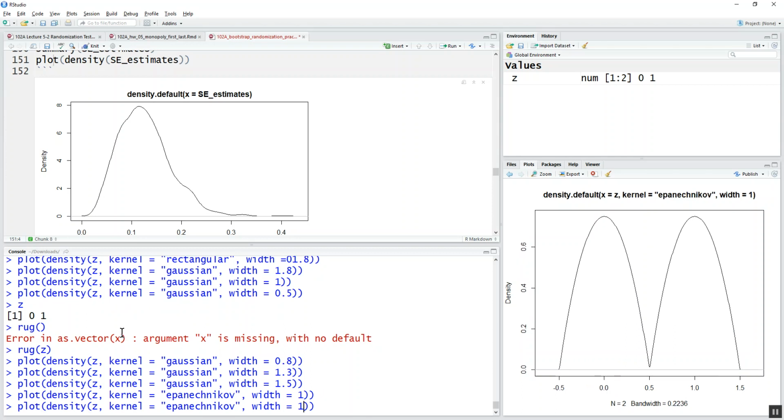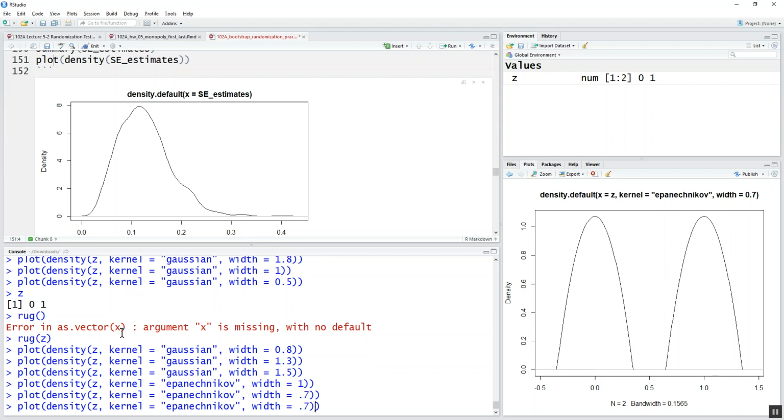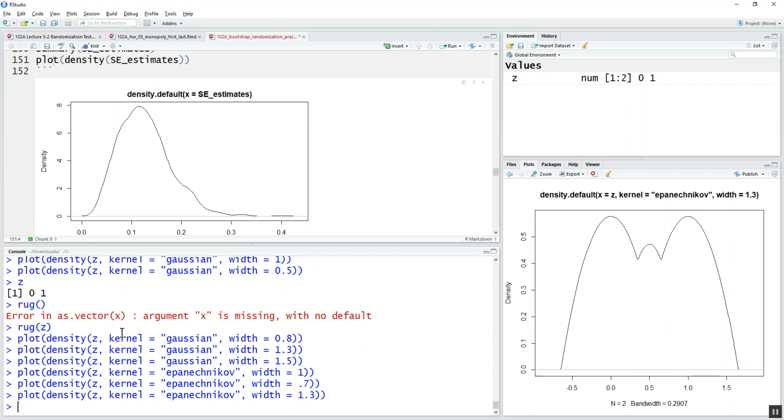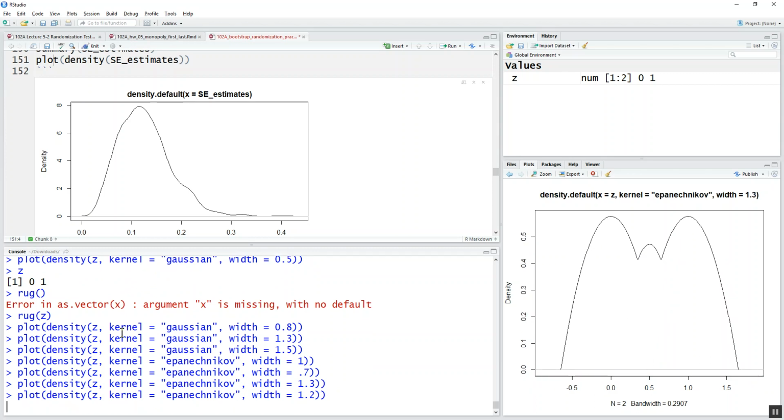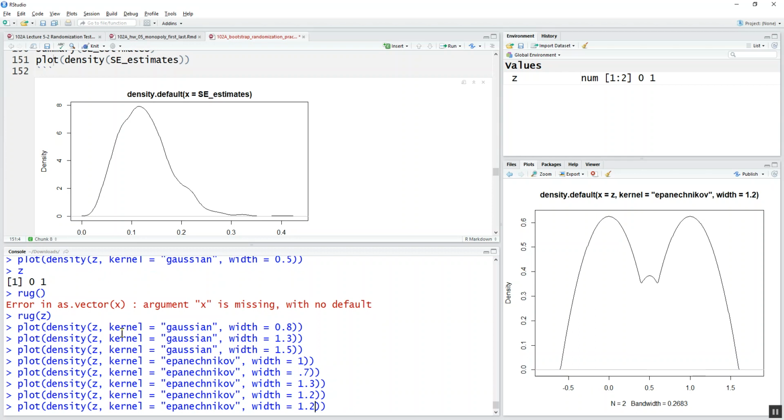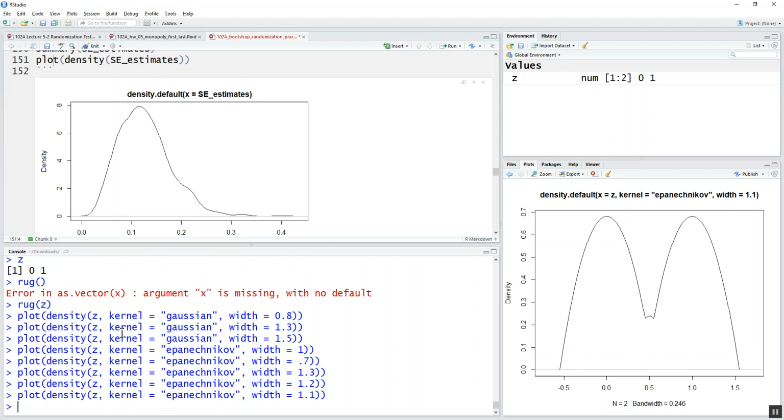Okay, so we have these upside down parabolas. With a smaller bandwidth, the parabolas are separated, and then as they overlap, you get this funny little shape in the middle. These are Epanechnikov kernels. So how does this all look? Well, if Z is not just 2 points, but rather let's do